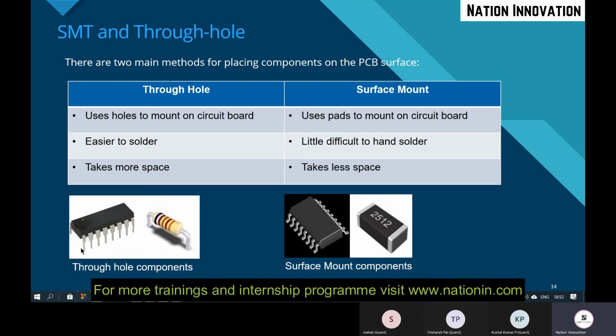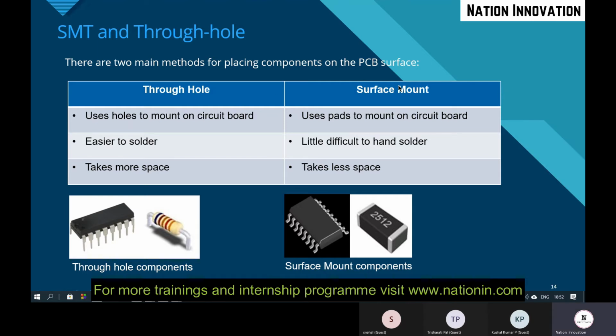These are the 3 through-hole components. For using them, you just need to drill holes in your PCBs. In through-hole technology, it uses holes to mount on the circuit board, so you need to drill the holes for these components.